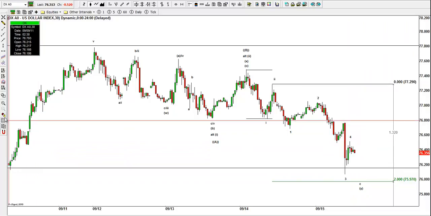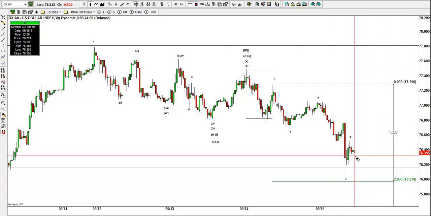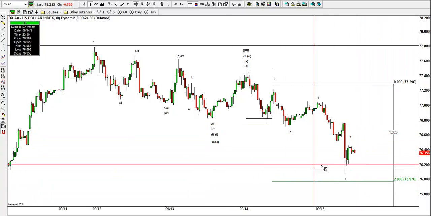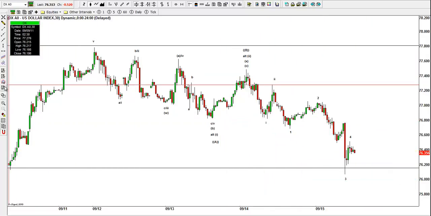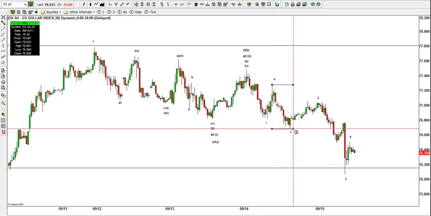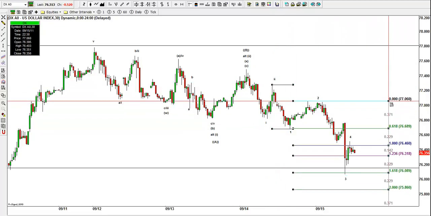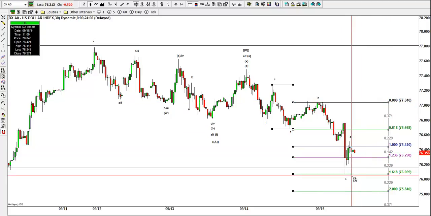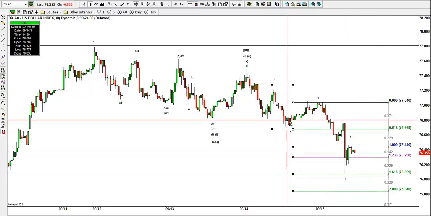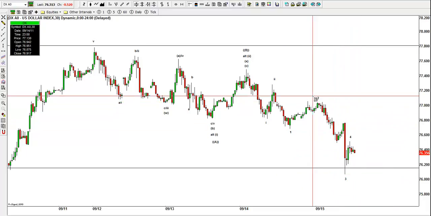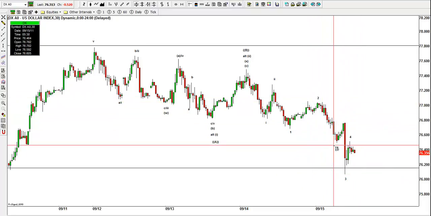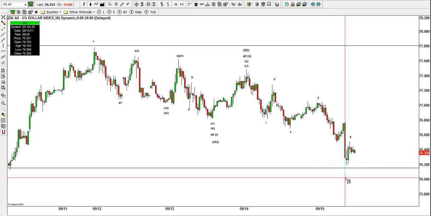I'm sorry, let me correct the count. So we should get right here, if you guys notice, if you take this, the low right here is the 1618 of this one. So maybe what we got right here is a 1, 2, 3, 4, and a 5 with an extended wave 5,